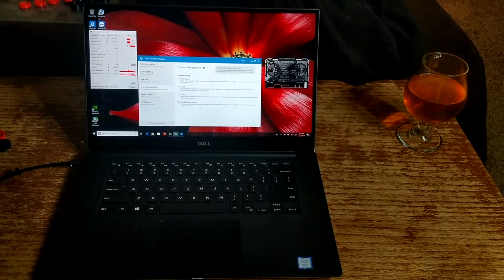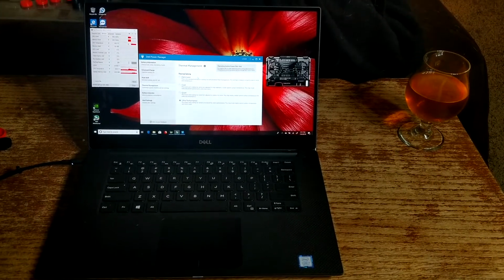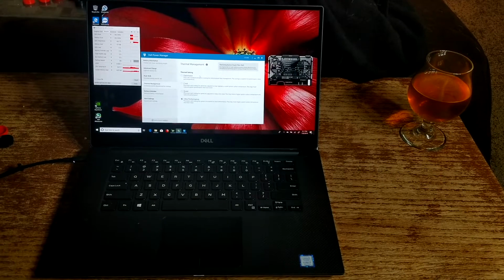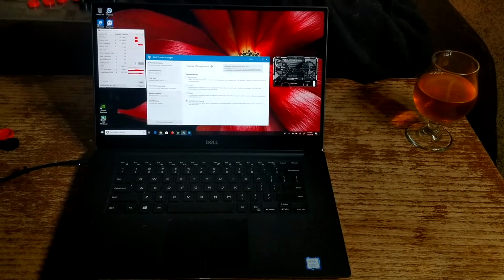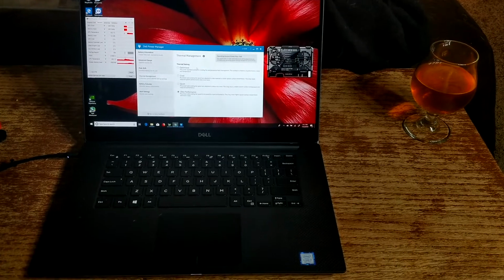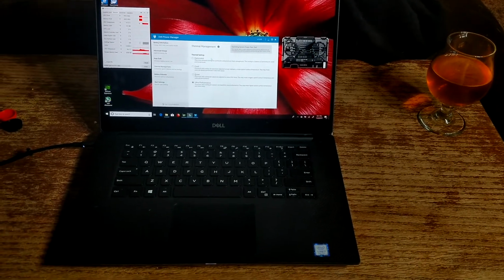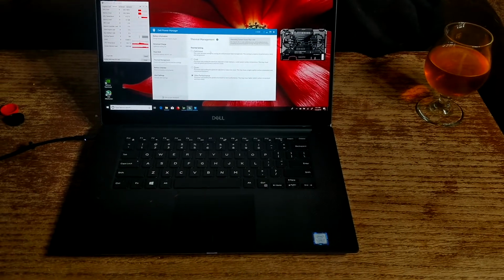But as soon as I got it and just started trying some casual games, I'm not a gamer first per se, just wanted to play a few games. Subnautica and Black Mesa are the two I was hoping to play on this. I immediately noticed an issue. This seems to be the same issue that's been going around on Reddit, and just wanted to document it a